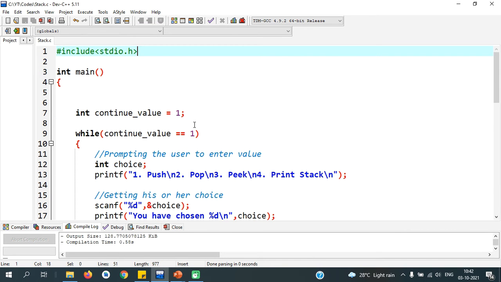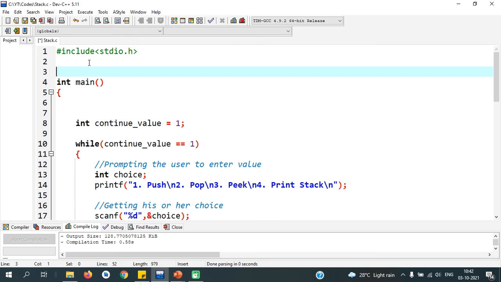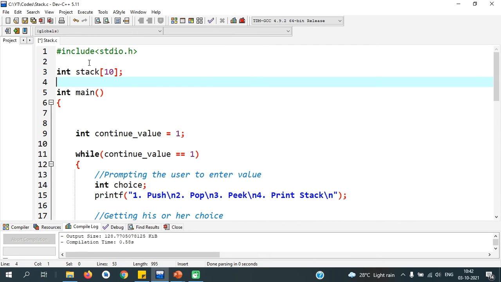Right. Now integer stack of 10. So we have created a stack of size 10. It is an array, integer array, and we need to initialize maximum size of array.